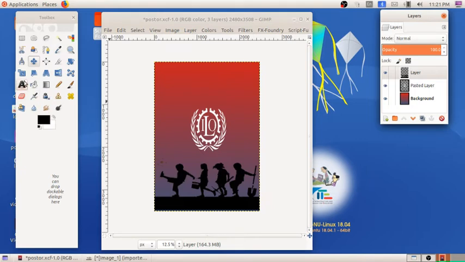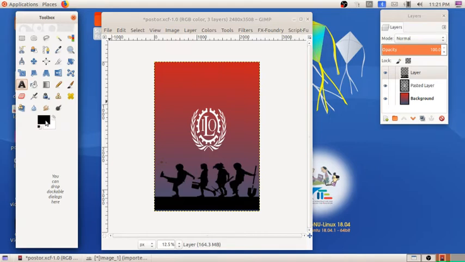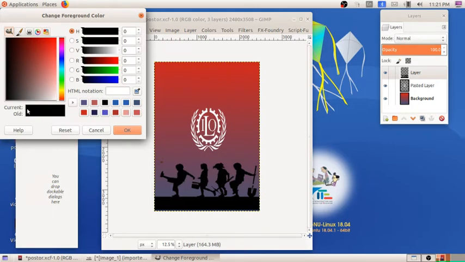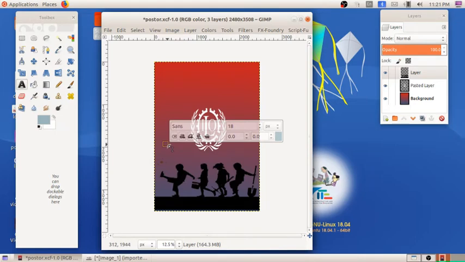So we want to create the text also. For that you can see the text tool here. Before that I will give another color for the text. So for that I am giving the blue color. Okay. After that, by using the text tool, I am writing